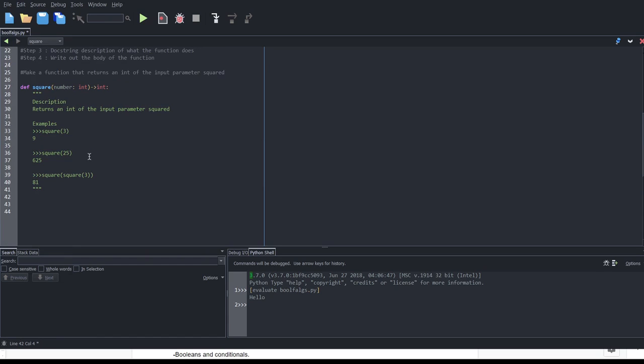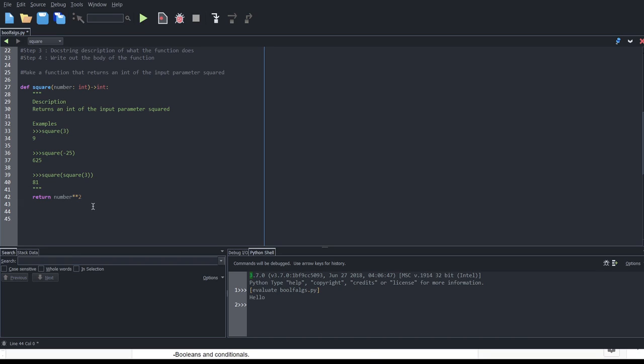Well, we've got to return something, right? And we're always going to treat the input parameter the same, regardless of its number. Even if it's a negative number, we should expect this. Oh, I can even change that example. If the example is negative 25, we should still expect 625. Okay, so for the body of this, I think it should be fairly straightforward to see that it's just number to the power of 2. Or we could just do number times number, but it takes a little bit less typing if you do to the power of 2. And that could be our function design recipe.